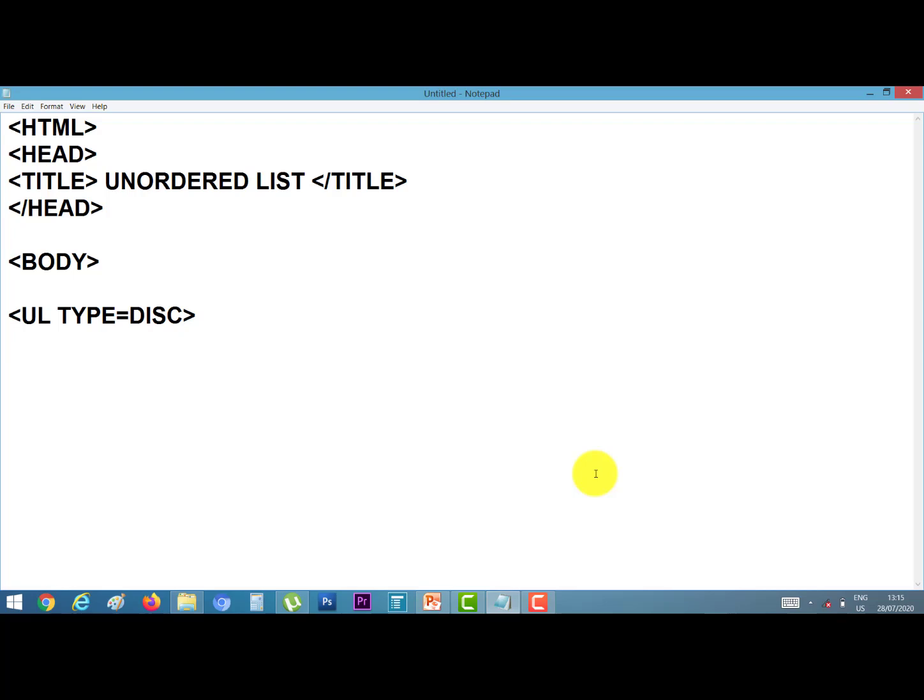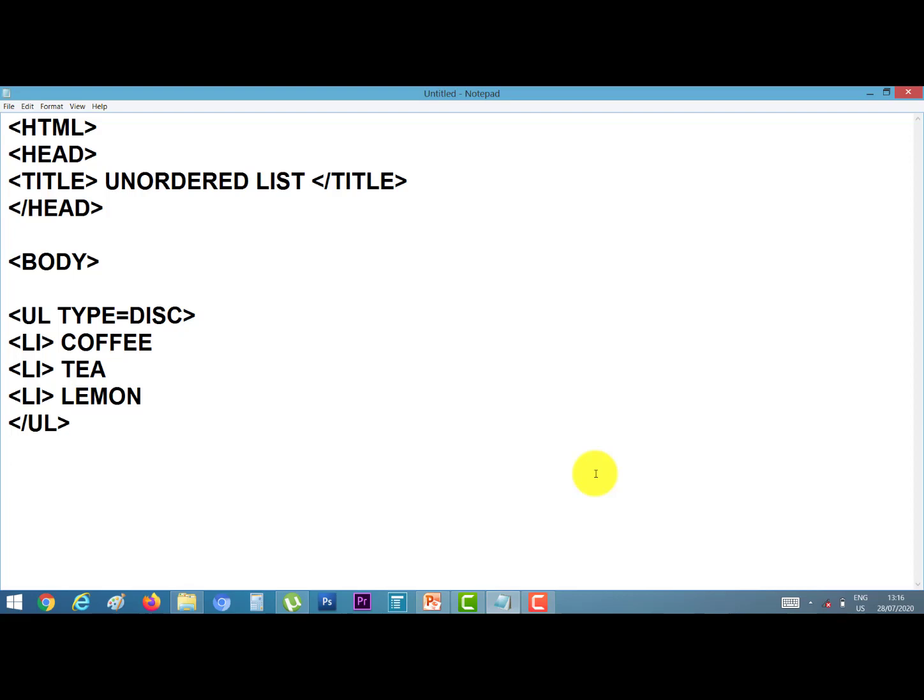Suppose coffee, LI means list item. Second item is tea. Third item is lemon. Now close the UL tag.